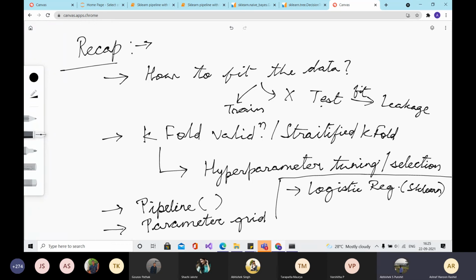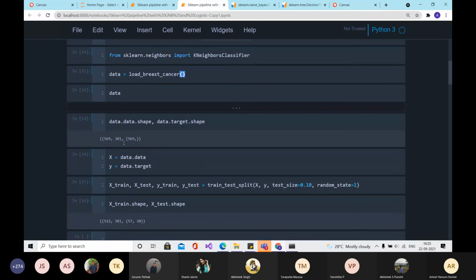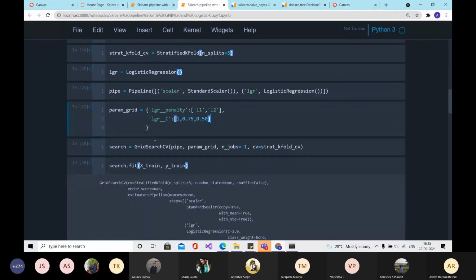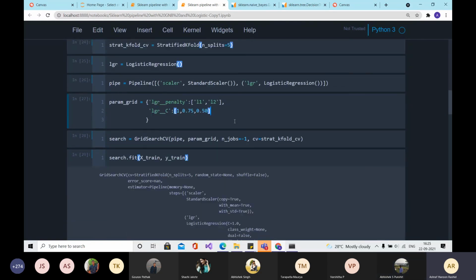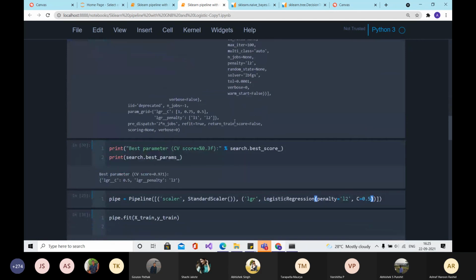Sir, could you please open up that notebook once again, that parameters part? Yes, sir. Here, sir, I downloaded this notebook once again, and if I don't add this second line, LGR underscore underscore C, then, sir, I'm not getting that error. But if I add this line, I'm getting the error. Yeah, that's what I'm wondering, why you are getting an error and I'm not.